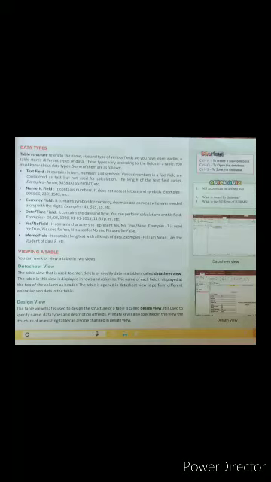Today we are going to see the continuation of the chapter MS Access 2016. In the last video we saw what a database is, how to create a blank database, and how Access manages the database or RDBMS. Now, in continuation of that, let's see which kinds of data types and keywords are used in a database. The topic is data types.